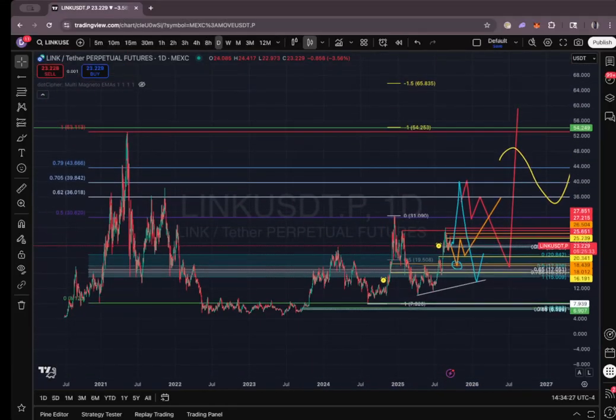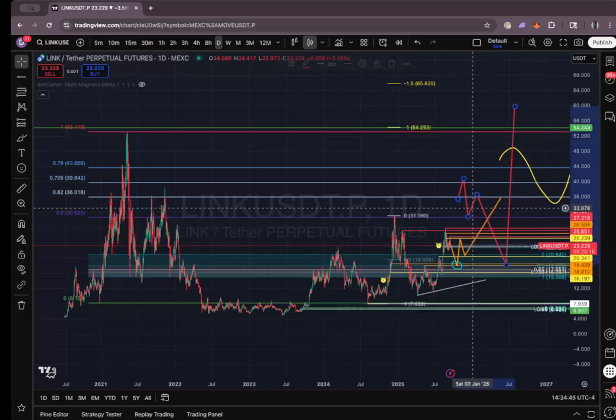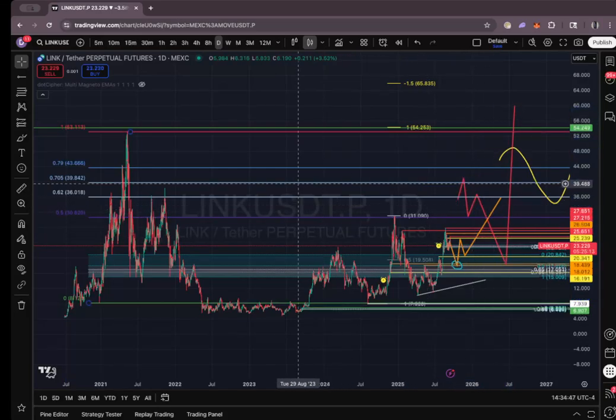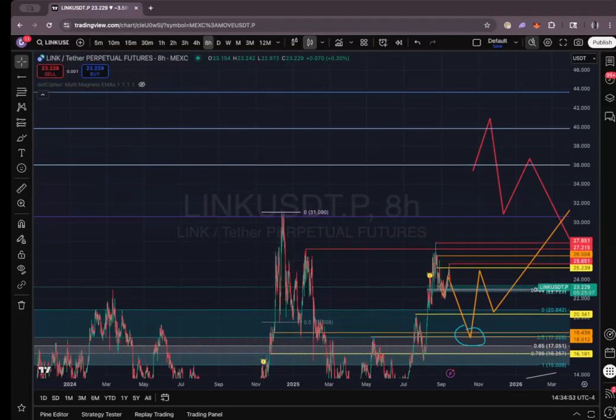Because on the high time frame, this range was never taken. If we take this high from before at 38 to 40 on a manipulation wick, this manipulation wick would need to close a monthly and a weekly above 40 for continuation. Otherwise, red is going to play out. So it does need a lot of time here. But in terms of the lower time frames, let's take another look.